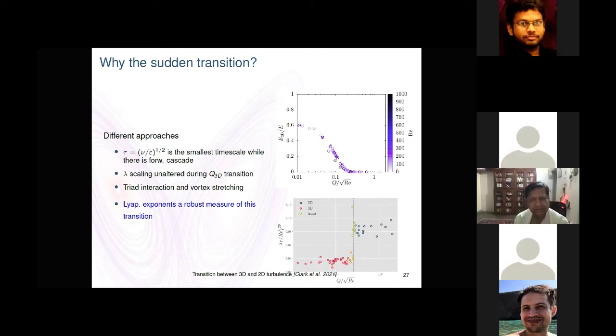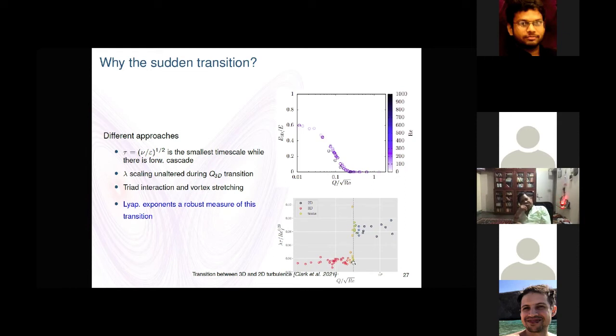But since chaos is related to the smallest time scales of the system, and the smallest time scale is where the forward cascade is dissipated, as long as we have that forward cascade, the chaos will be dictated by the 3D time scale, even if we have an inverse cascade and many things going on at the larger scales. As we increase Q more, we start to lose 3-dimensional energy, but we still have this forward cascade and the Kolmogorov scale dissipating energy. As I said, the system will find its way to the maximal Lyapunov exponent, so until the last moment we will see this 3-dimensional physics. Only when the forward cascade disappears and energy is no longer dissipated at the Kolmogorov microscale